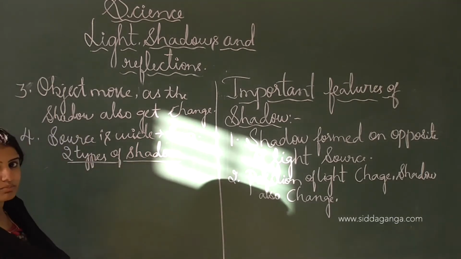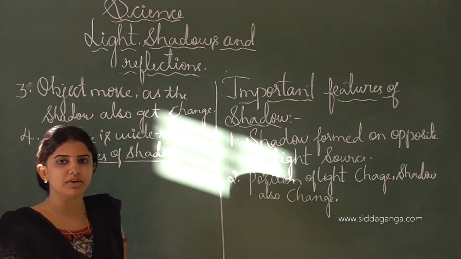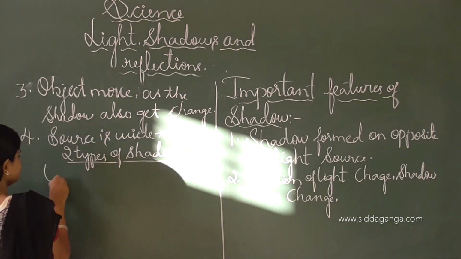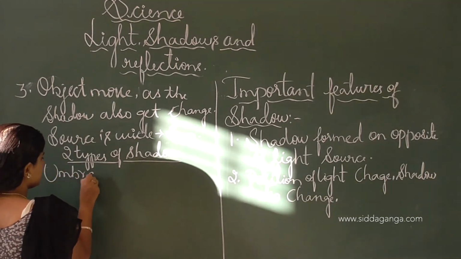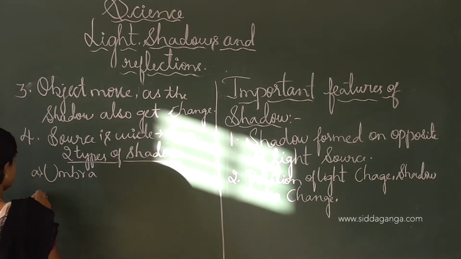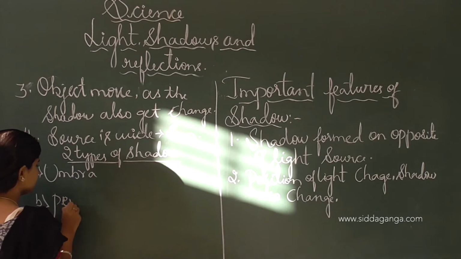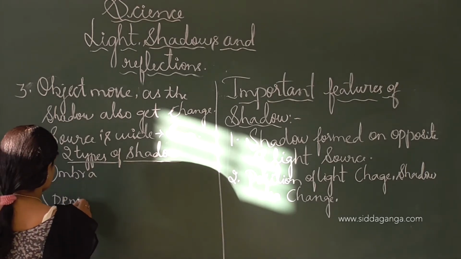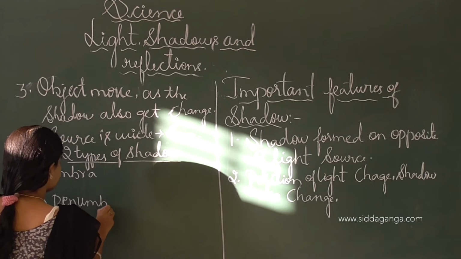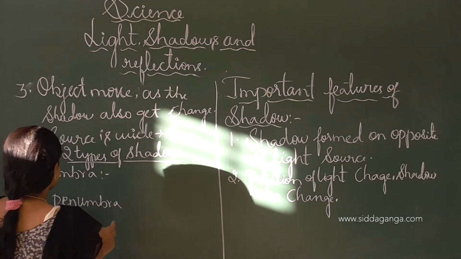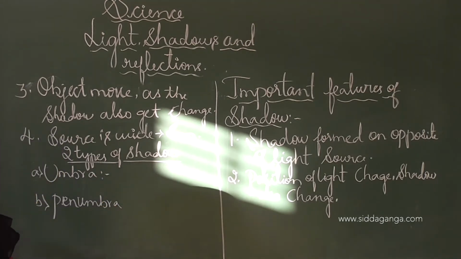One is the umbra stage and the other is the penumbra stage. The umbra stage is where the dark part of the shadow